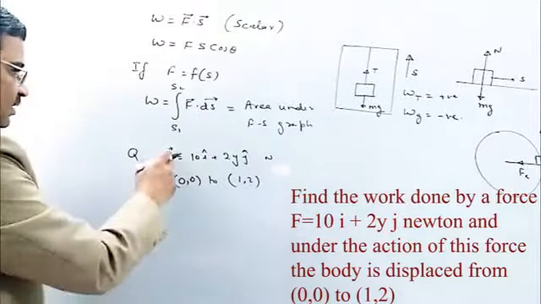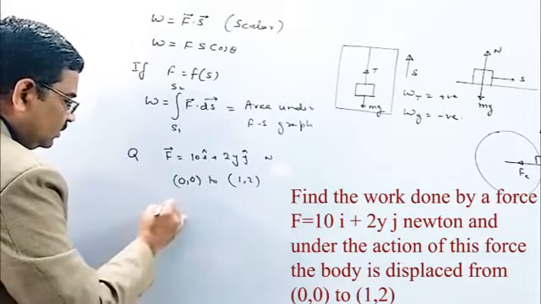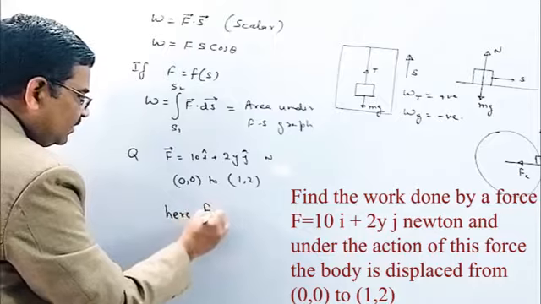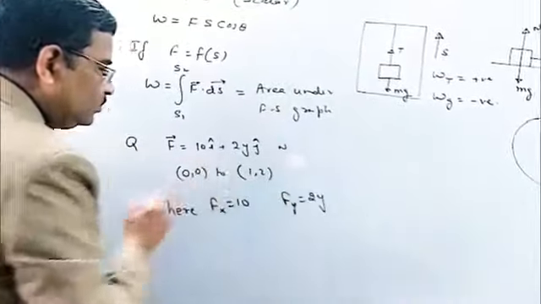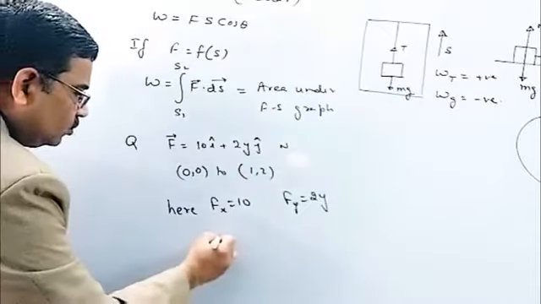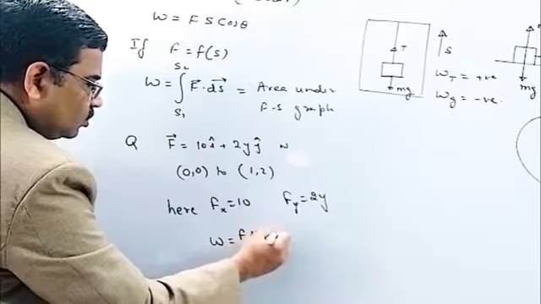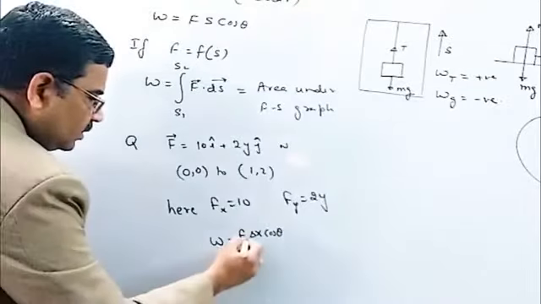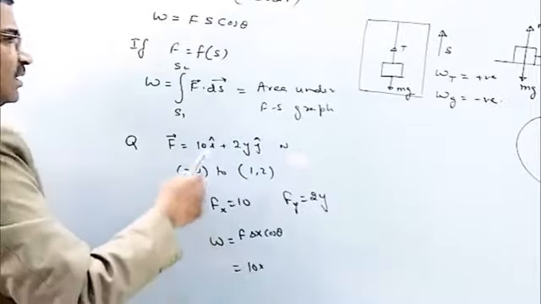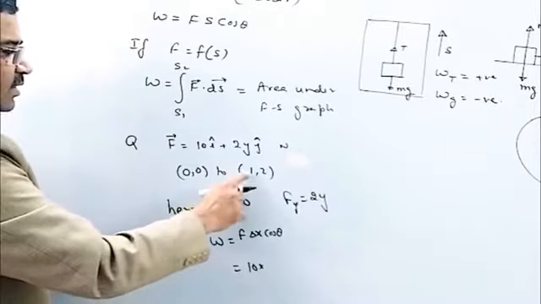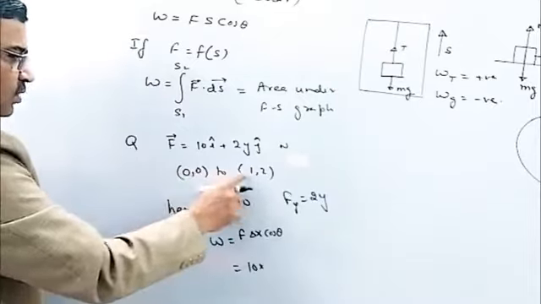So let us find the work done due to Fx. Fx means the x component. So here Fx is 10 and Fy is 2y. Now work done due to Fx will be F into delta x into cos theta. F is 10, delta x is x2 minus x1. Now final x coordinate is 1 and initial x coordinate is 0. So 1 minus 0